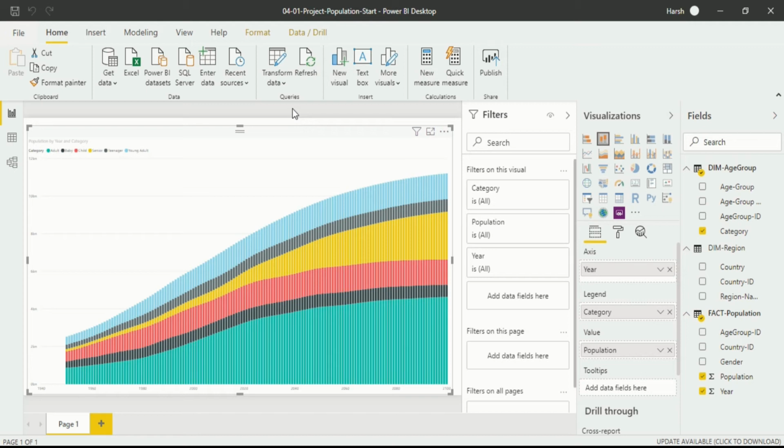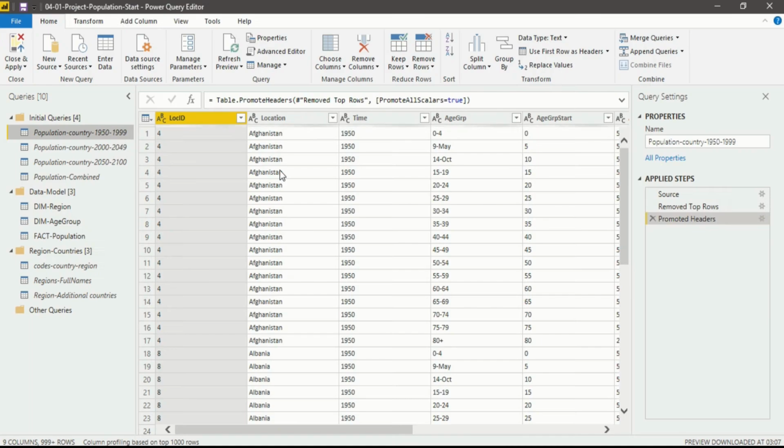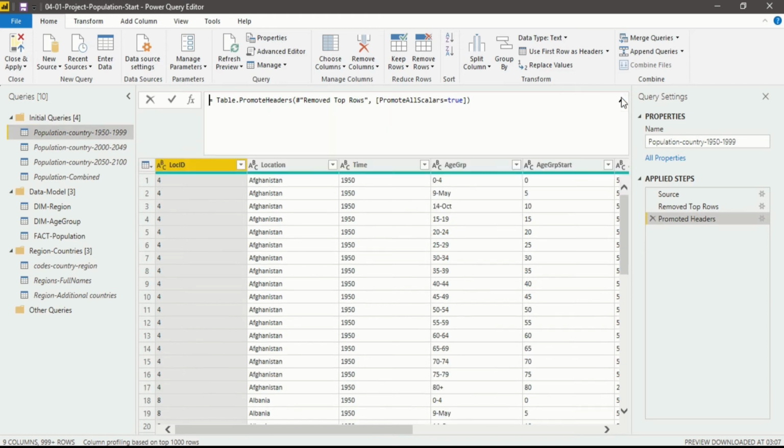So how to go into the Power Query Editor? For that, in the home ribbon, go into the queries section and click on Transform Data. When you click on Transform Data, you will be transferred into the Power Query Editor interface. It will take a few seconds. You have reached the Power Query Editor interface. In here, the M language is used. You can see how the M language works when I click in this formula bar: you will see this is M language.